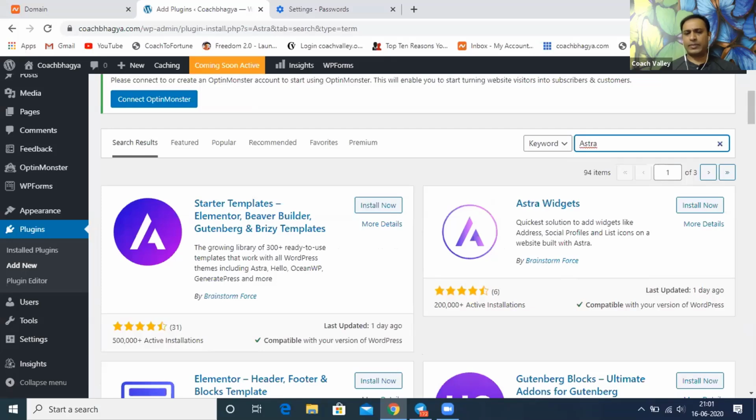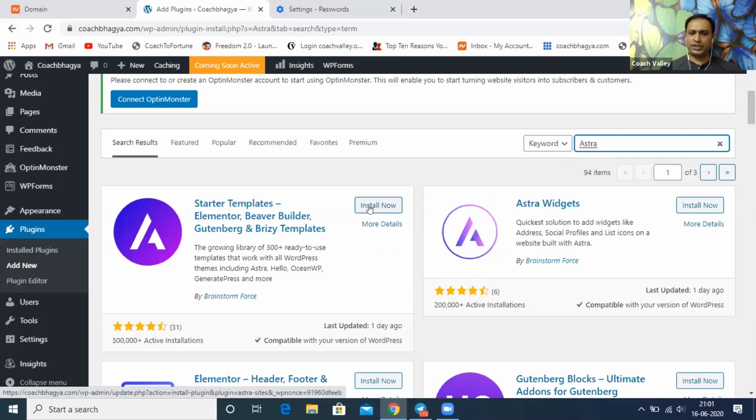The first one, where it says Starter Templates, Elementor, Beaver Builder, Gutenberg, Brizy templates, all these things are there. It's a package of Astra. This is something we need to install first before we even go ahead and select the site. This is one of the most important steps which you all should remember.